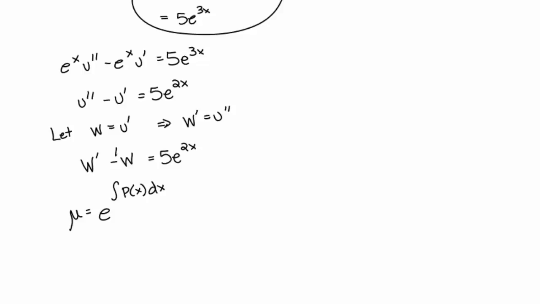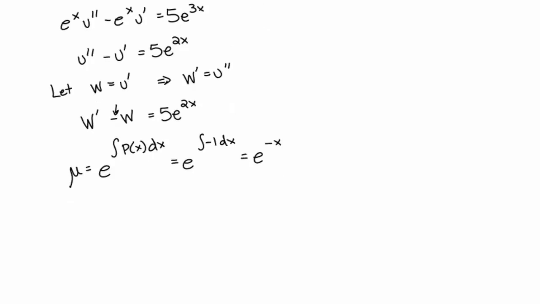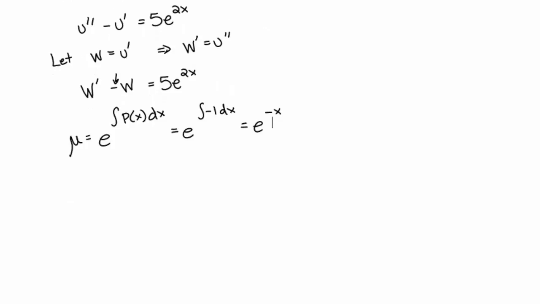And the p of x is negative 1. So it's e to the integral of negative 1 dx, or in other words, e to the negative x. That's what mu is. So therefore, that differential equation right here, the left-hand side is actually a compressed form